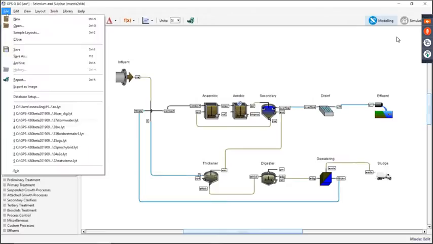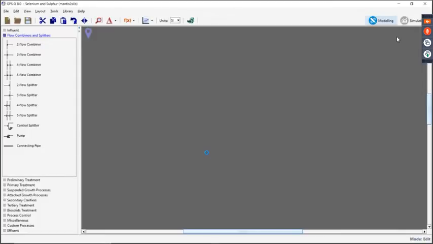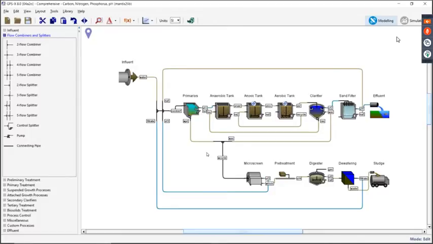Okay, so I'm going to flip over to another layout here. So let's not save those changes. One of the features that we also put together was a way that makes it easier for you to keep track of what changes you have made in your layout as you've been going along.